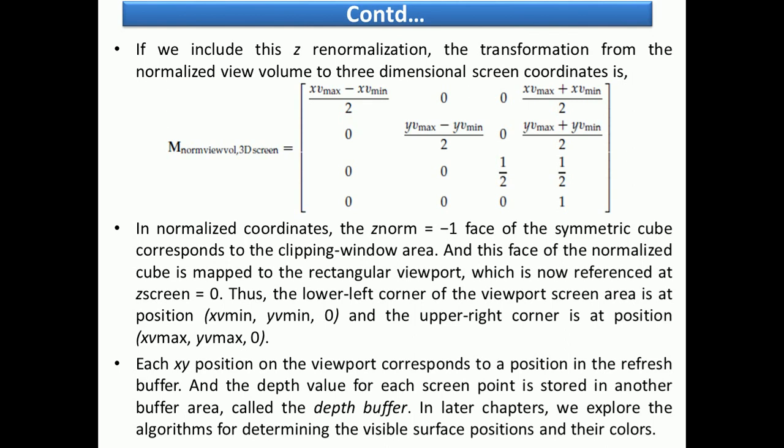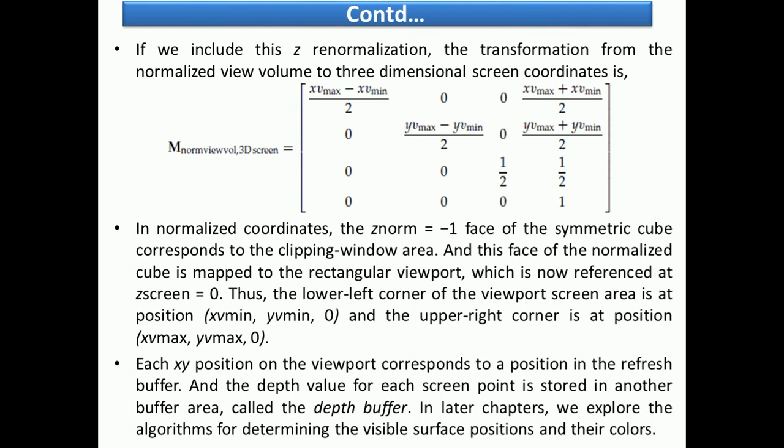The x and y transformation equations from the normalized clipping window to positions within a rectangular viewport are given in the following matrix. Here we can adapt the matrix to three-dimensional applications by including the parameters for the transformation of z values to screen coordinates.